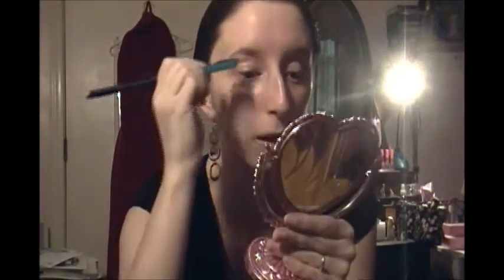So the first thing I'm going to do is just brush my eyebrows out. I don't really do a whole lot with my brows. Kind of sad to say I really don't know how to do them, but I do my best. I keep them groomed. I don't really like the whole carved out eyebrow. I don't think it looks good on me, so I try to stick with the natural